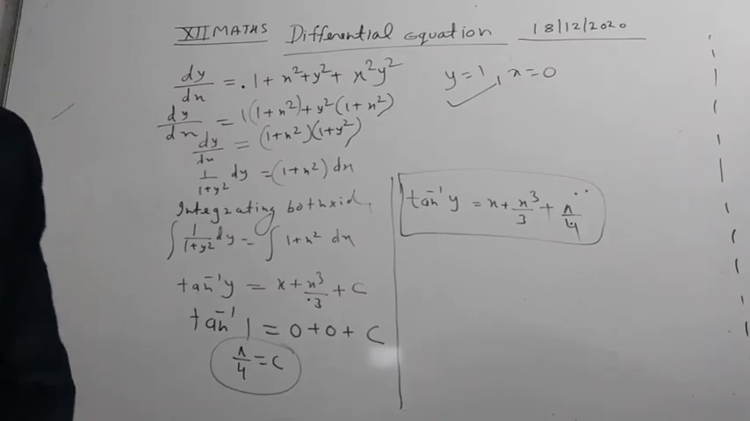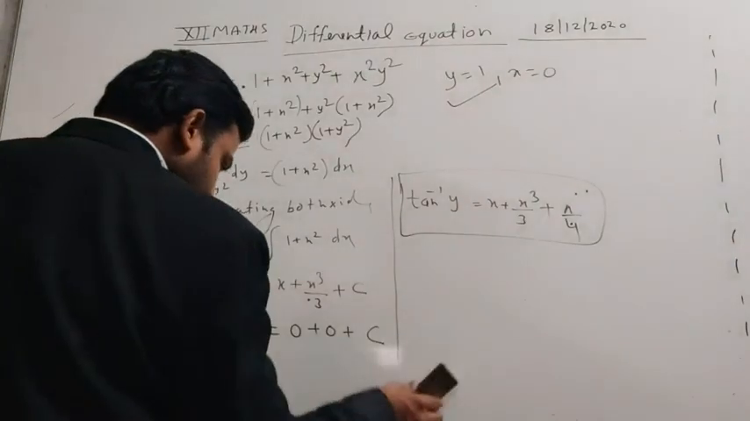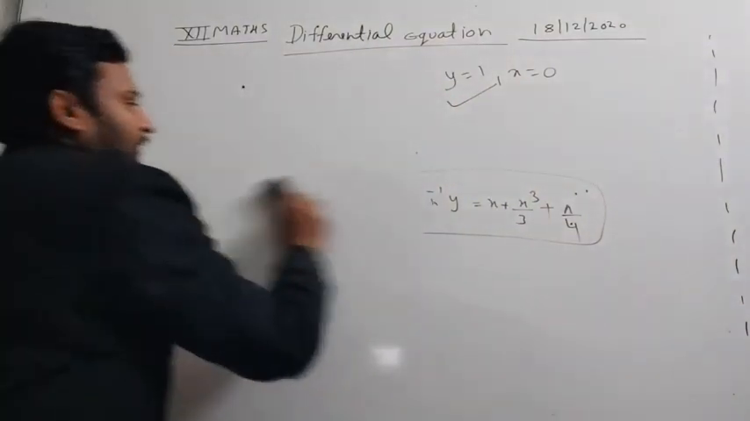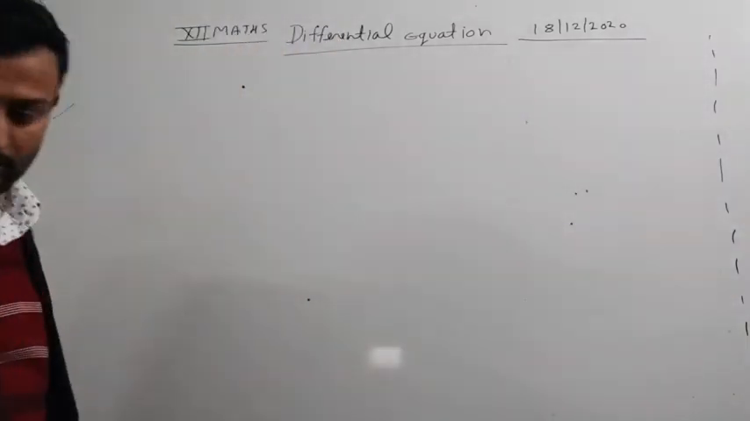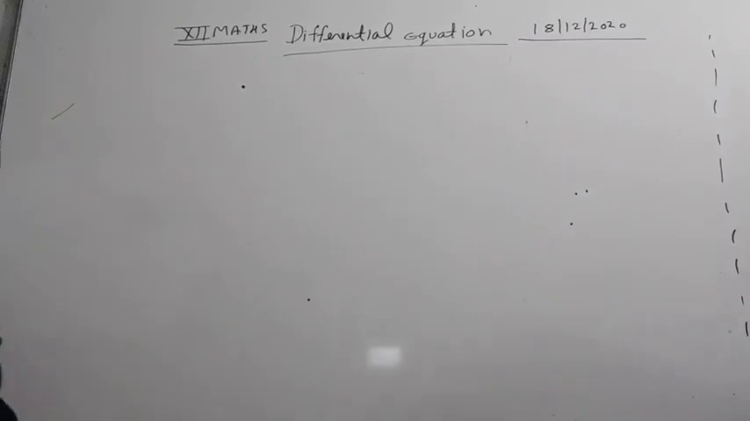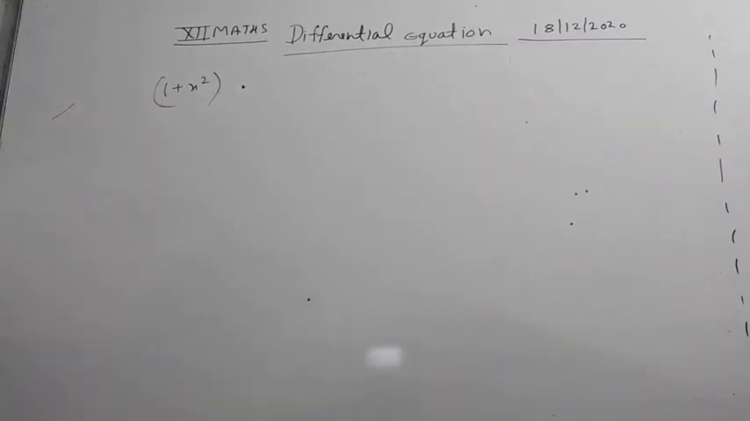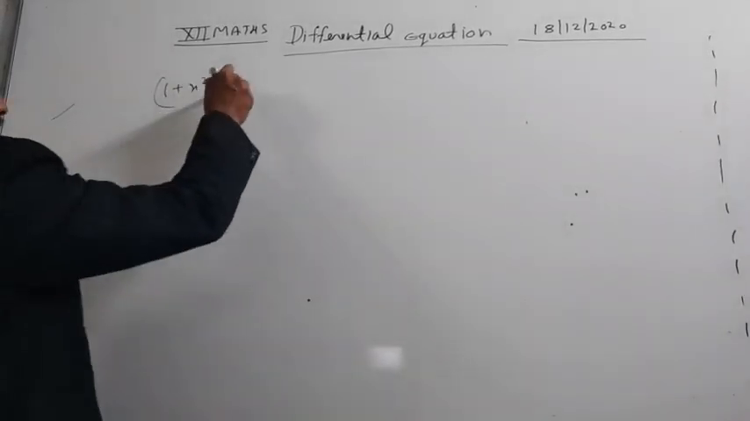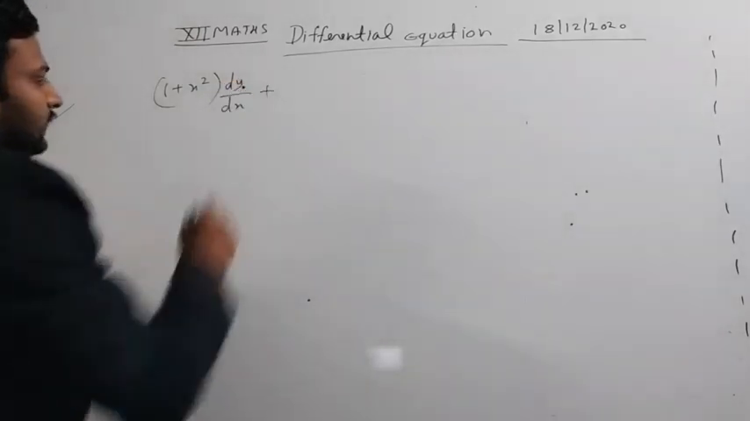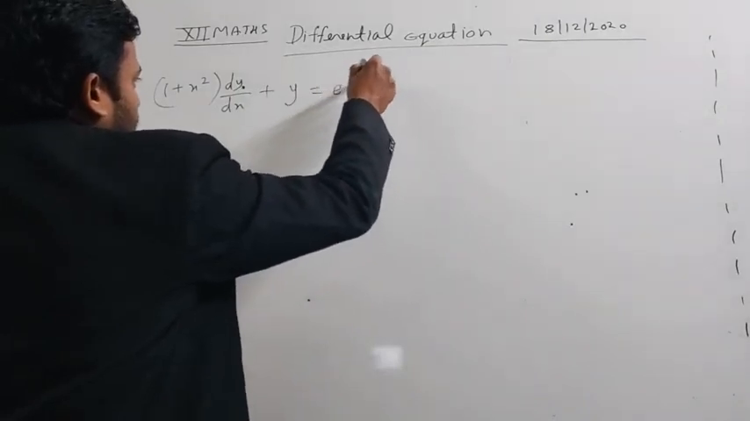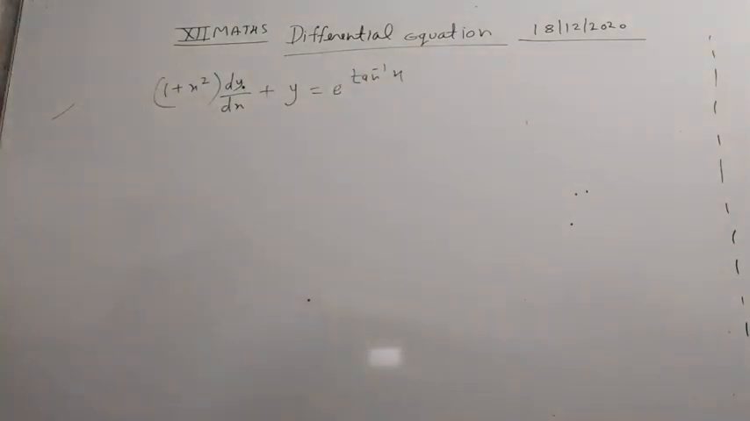Our next question is: solve the differential equation (1 plus x square) dy by dx plus y, which is equal to tan inverse x. Okay student,